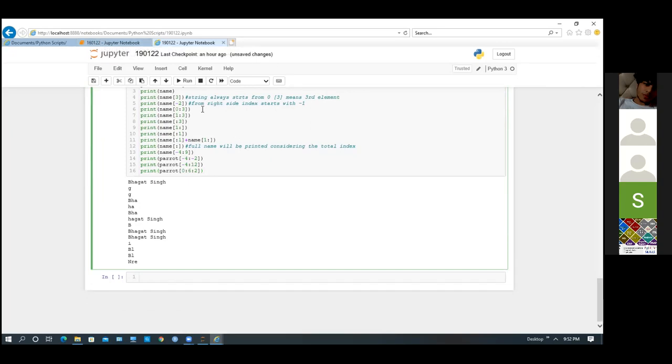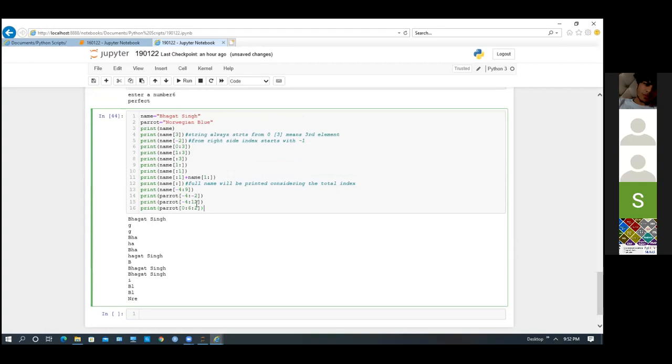Sir, can you explain the last one, sir? 0, 6, 2. Yeah. So what I have written, it will start from 0 to 6. So 0 is N, correct? 0, 1, 2, 3, these 4, 5, 6. So this much is NORWEG, correct? So this much is my total 6 elements.